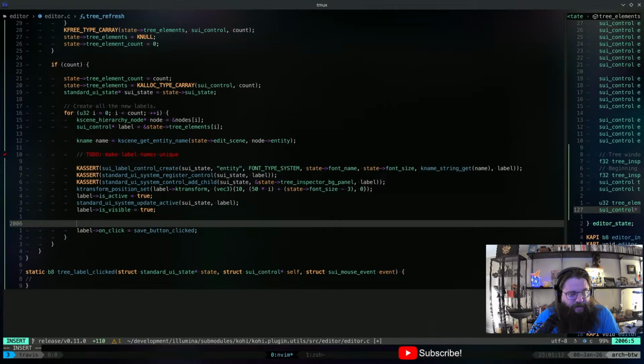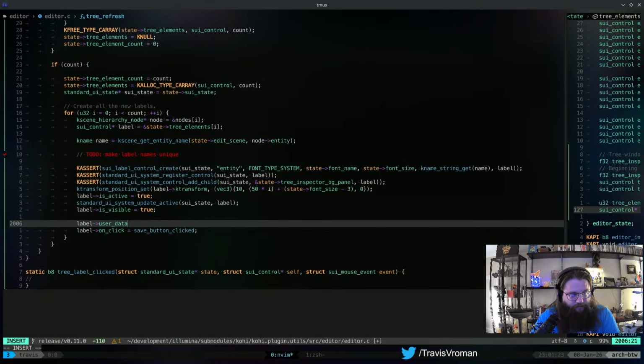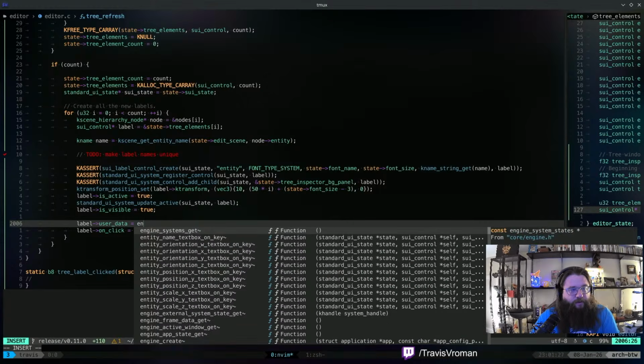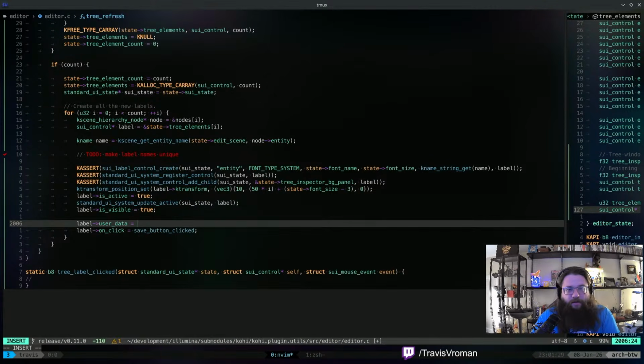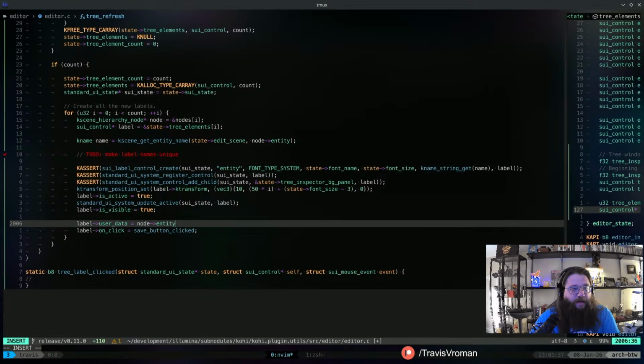One thing we need to do is we need to set some user data, right? And the thing that's going to be the most useful for us is to set that entity. So we can set label user data, and that's going to just be the, let me think, node entity, right?